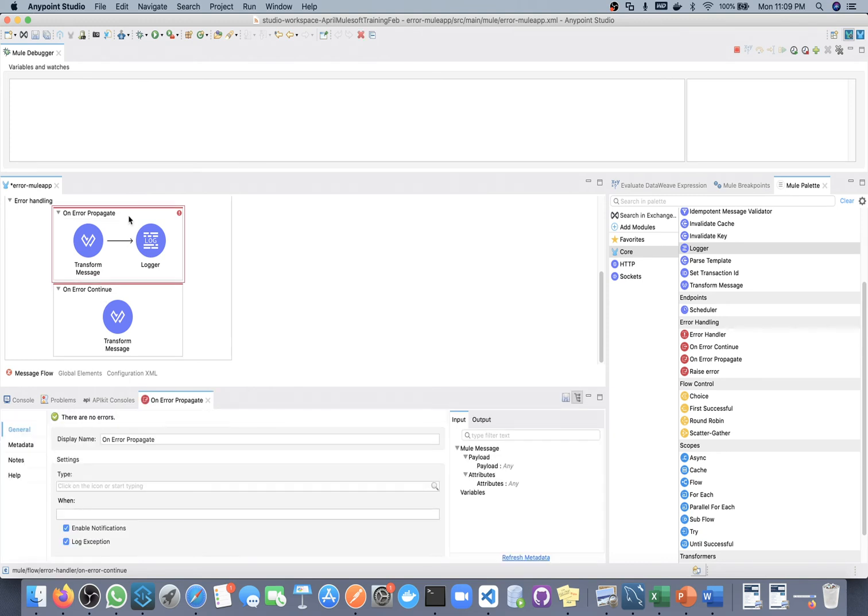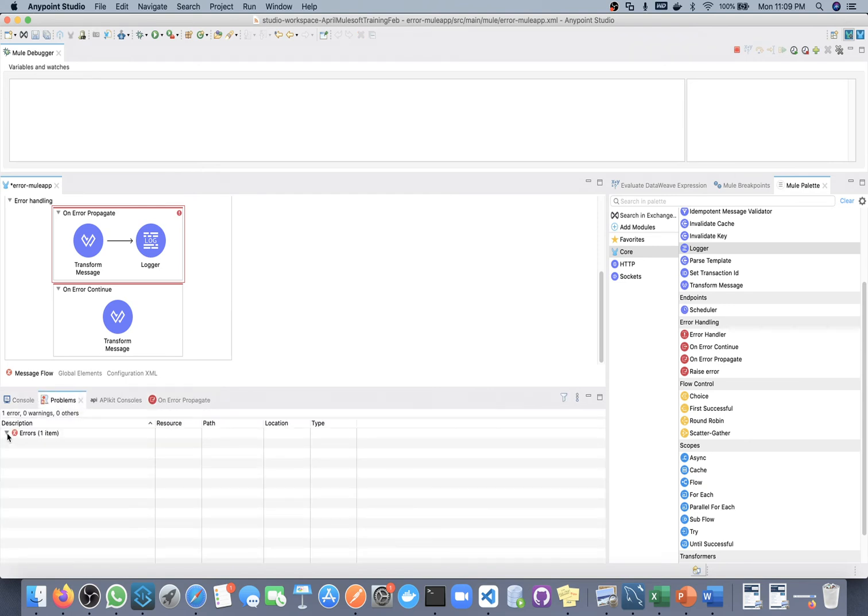What error are we getting? Every handler except for the last one must have a type. Both have type any, so that's why it's creating a problem.